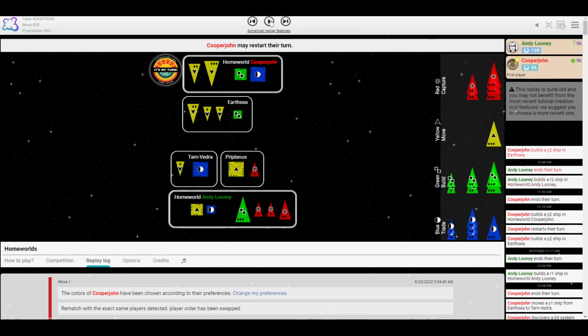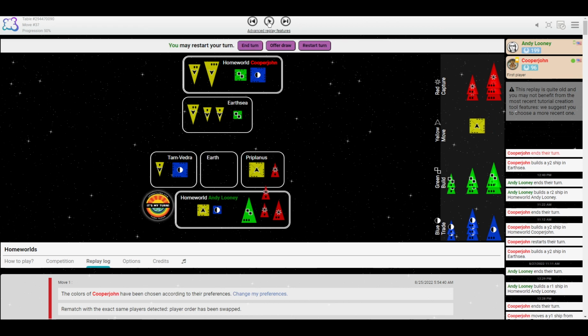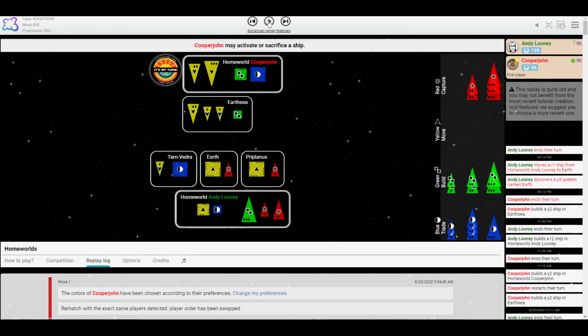Okay, well, John... Yeah, that's all right. John builds a medium yellow, locking Andy out of the yellows, even at the medium level. And John will get a large yellow on his next turn unless Andy discovers that one too, which he does. Andy playing some keep away here. But even so, John can now